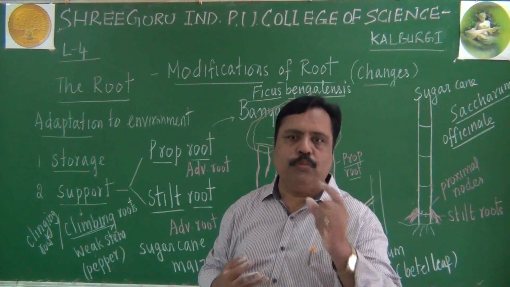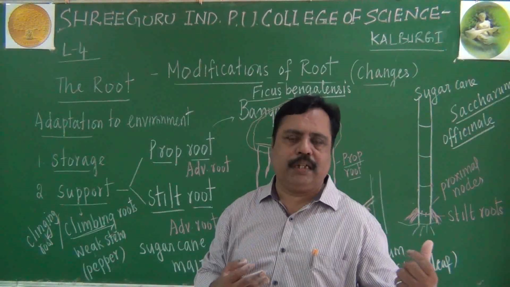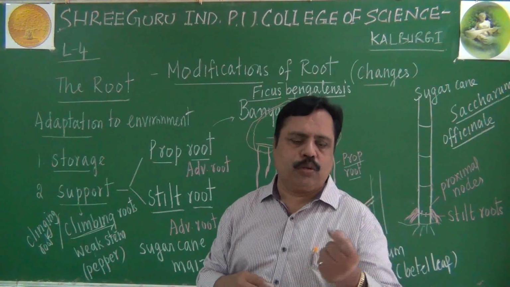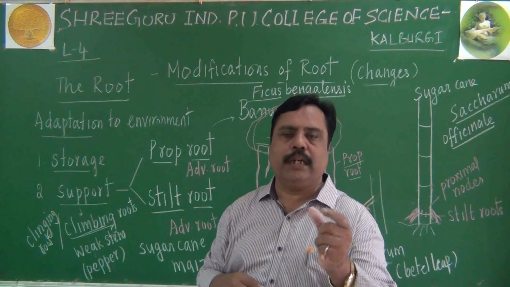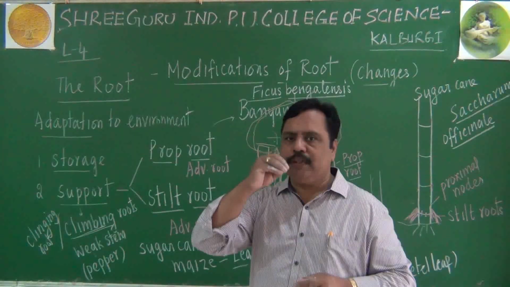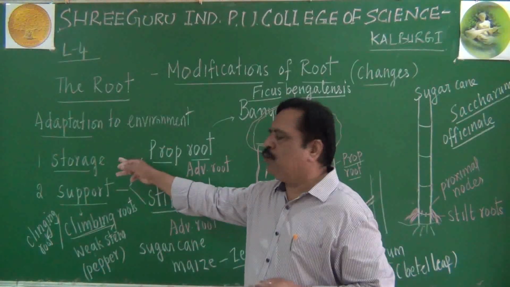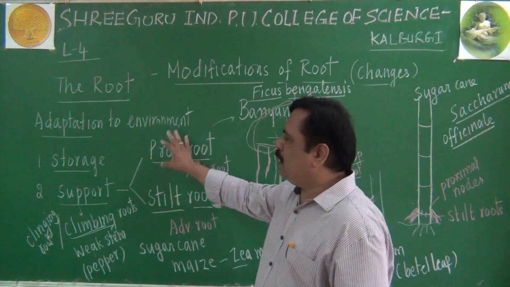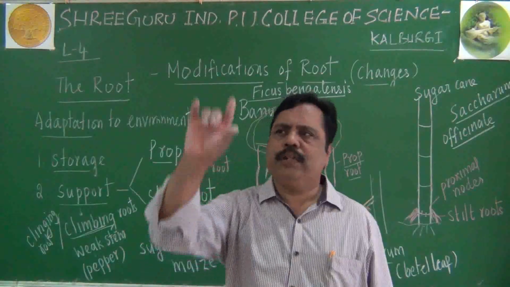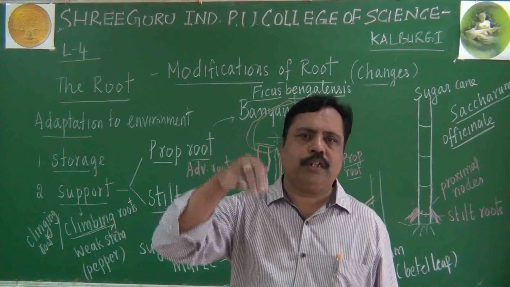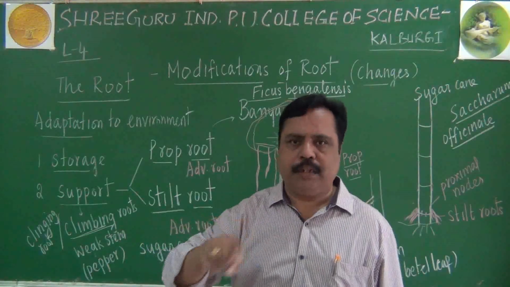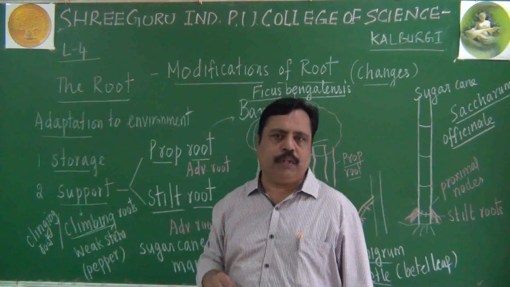Then I told you leguminous roots, where pulses, different types of pulses, we come across leguminous root, tur dal and other things. Cicer arietinum it can be called. Anyhow, leguminous roots are helpful for fixing the nitrogen as well as producing the protein. They are examples for storage. Root tuber, sweet potato, very important. Without definite shape, sweet potato can store the food. So conical, napiform will have definite shape, but a sweet potato will not have definite shape.